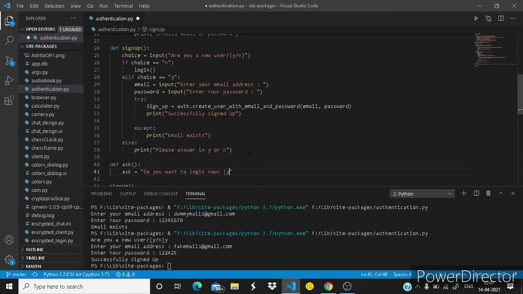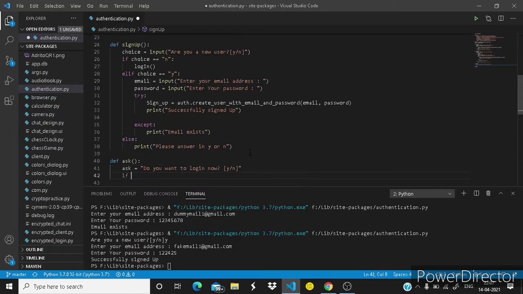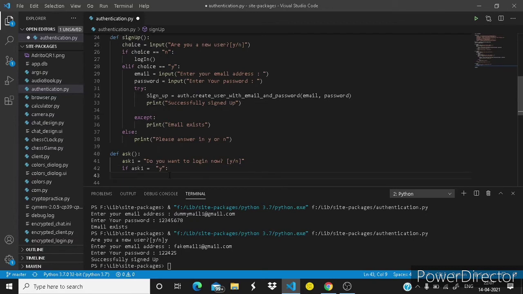And answer in yes or no. If ask is okay, it is actually getting with the same name as the function. If ask equals to yes or y, then it should simply redirect it to the login function,